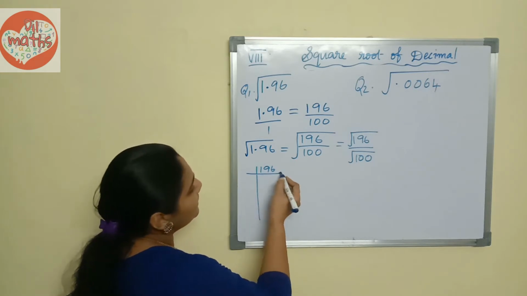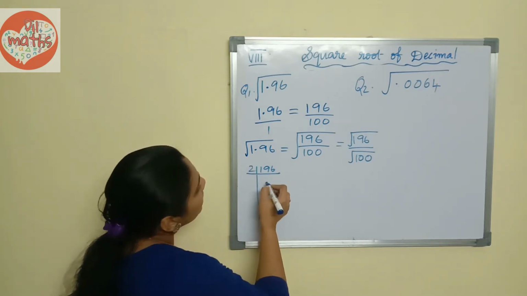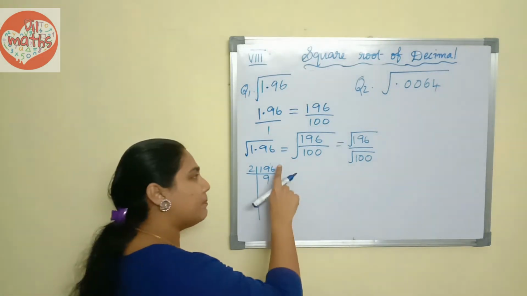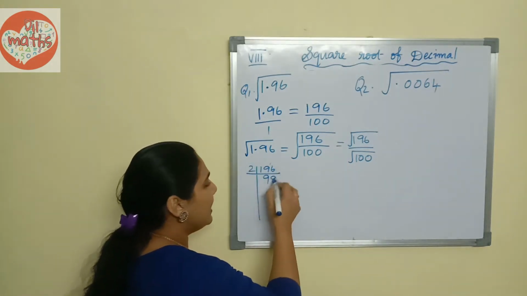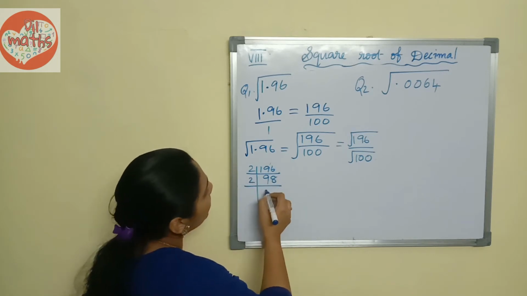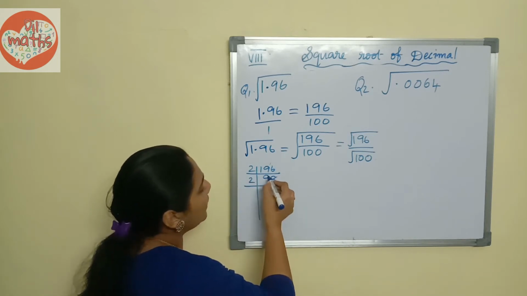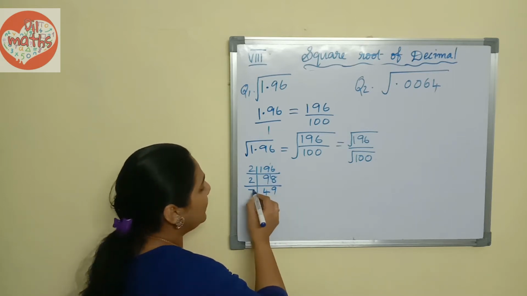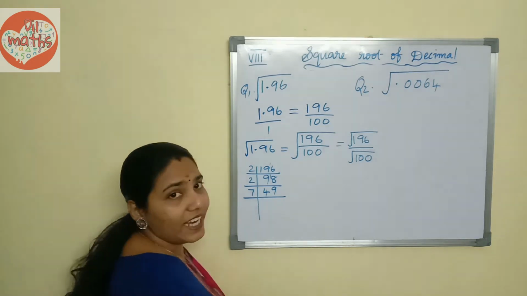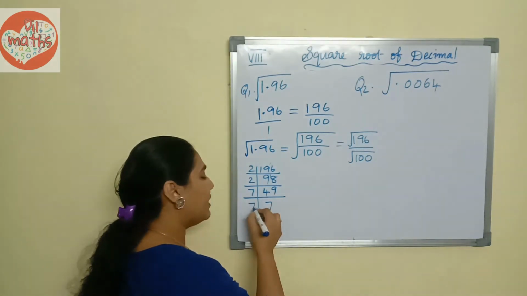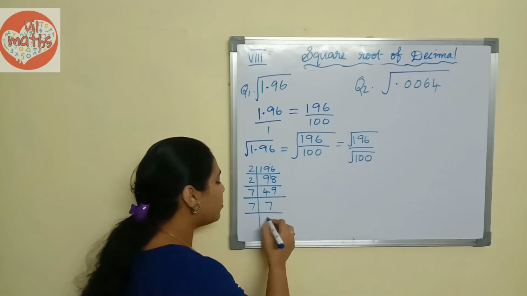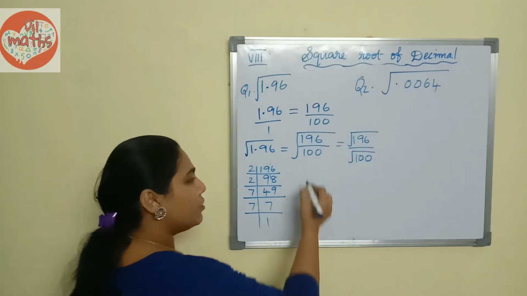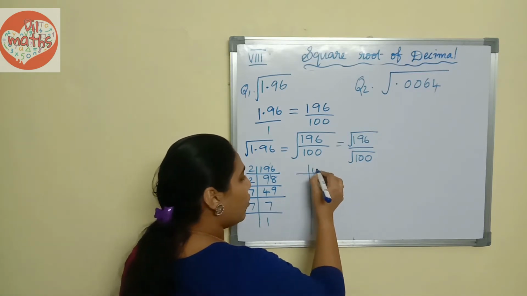What is that? So it is divided by 2. 9 2s are 18. One remainder will be there. That will carry forward to the next place. 16 divided by 2 is 8. Again it is divided by 2. 4 2s are 8 and 9 minus 8, one remainder will be there. 18 divided by 2 is equal to 9. Again it is divided by 7. 49 divided by 7 is equal to 7. Again it is divided by 7 and the quotient we got is 1. Now we can stop here, isn't it? And we will do prime factorization of 100 also here.